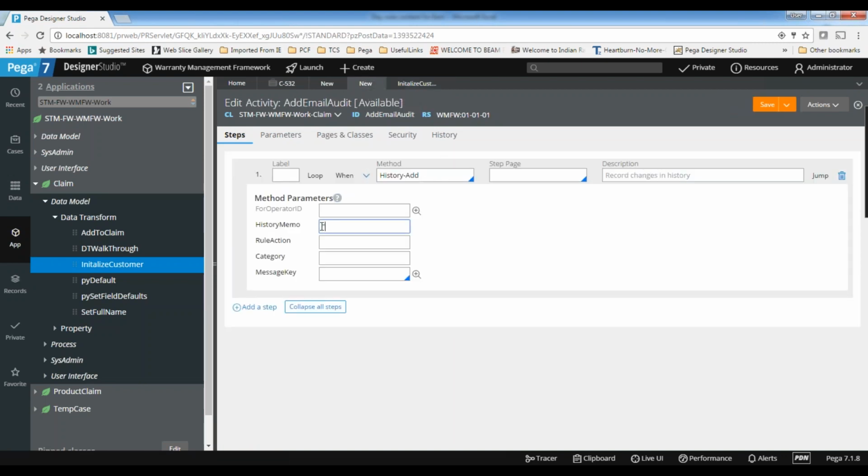What I will do: email is changed from, again you can use email old plus 2, to email.